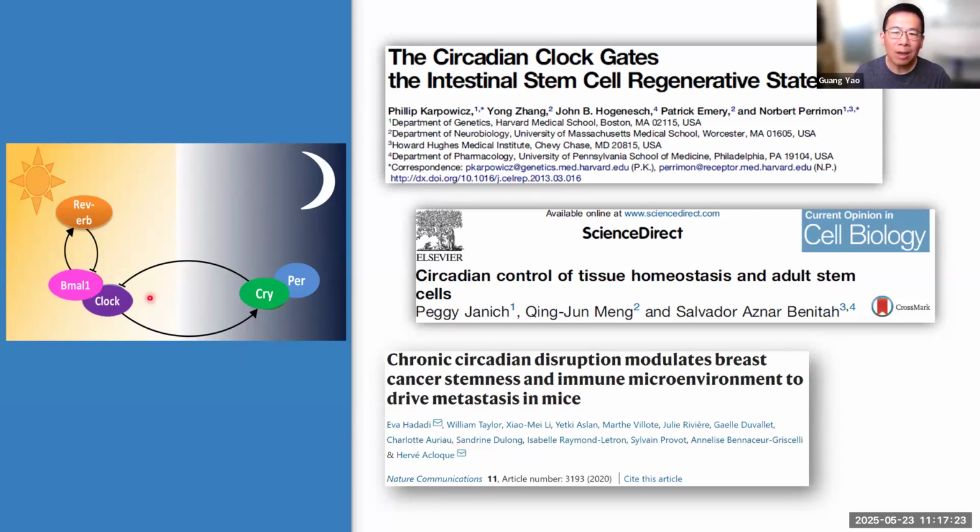The circadian clock is a lot busier than this, but in a very simplified view, for all these oscillations you need a negative feedback. There are several coupled negative feedbacks in circadian oscillation. The core part is the BMAL1-CLOCK, but this is negatively regulated by this loop. CRY and PER come back, activated by BMAL1-CLOCK, but come back to repress. Same thing here: BMAL1 activates REV-ERB, which comes back to repress. So those two are our main players today. I'll get more into this, but just remember there are a couple of negative feedbacks of the circadian clock.